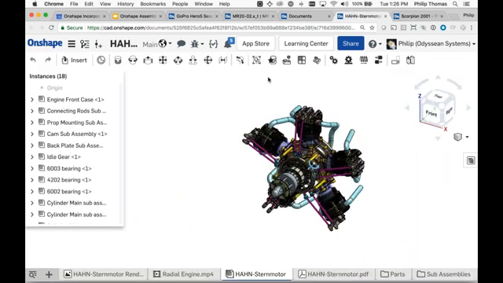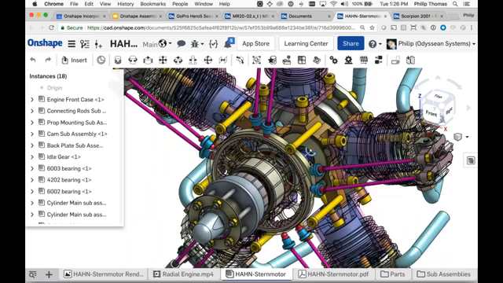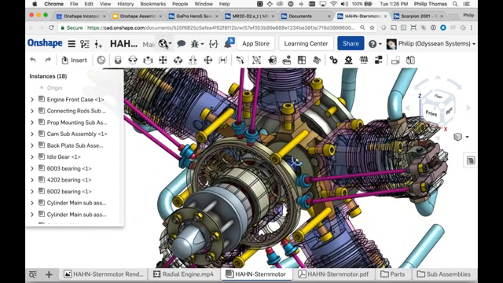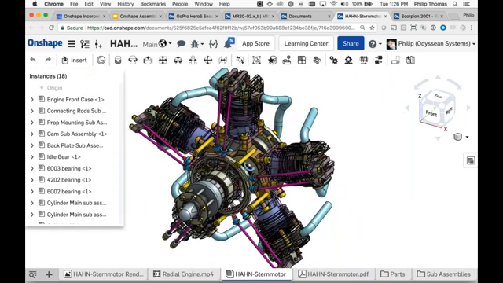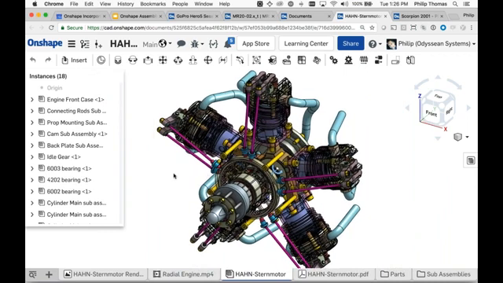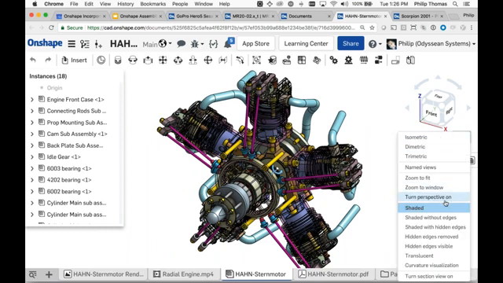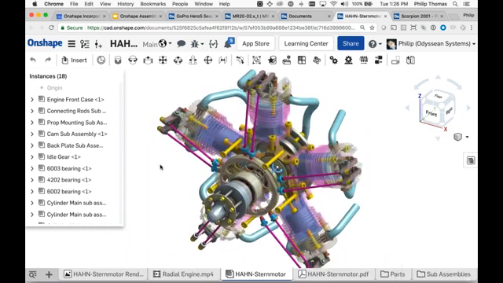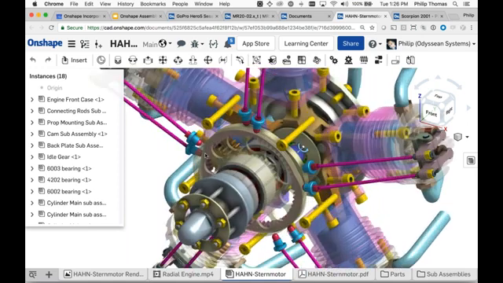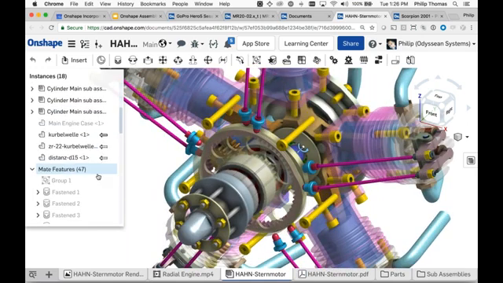Another example that I like to show people is the Stirling motor. It is actually a public document. You're welcome to pick it up. It's a data set that has been around the industry for a long time. Many people have tried it in SolidWorks. I have tried it in SolidWorks and was singularly unable in my entire time there to get it to mate and work because there's a counter-rotating balance shaft and there are